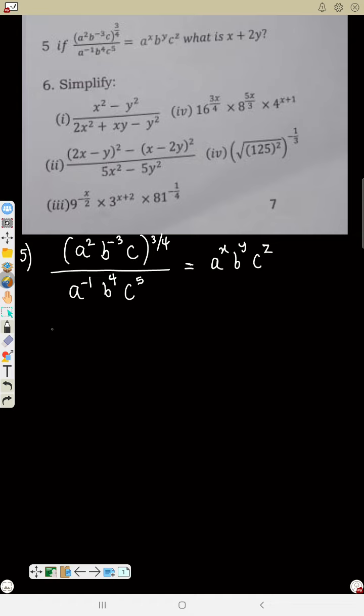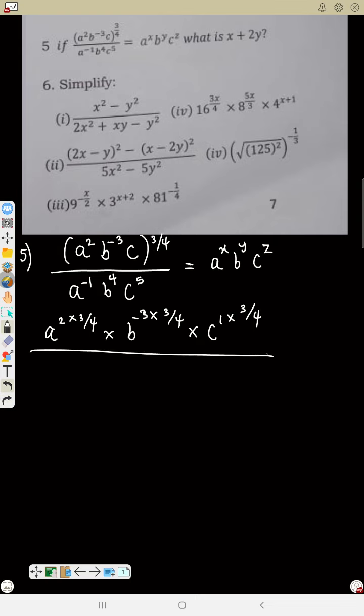This is a raised to power 2 times 3 over 4, times b raised to power minus 3 times 3 over 4, times c raised to power 1 times 3 over 4. That means this 3 over 4, I've multiplied all the powers there,